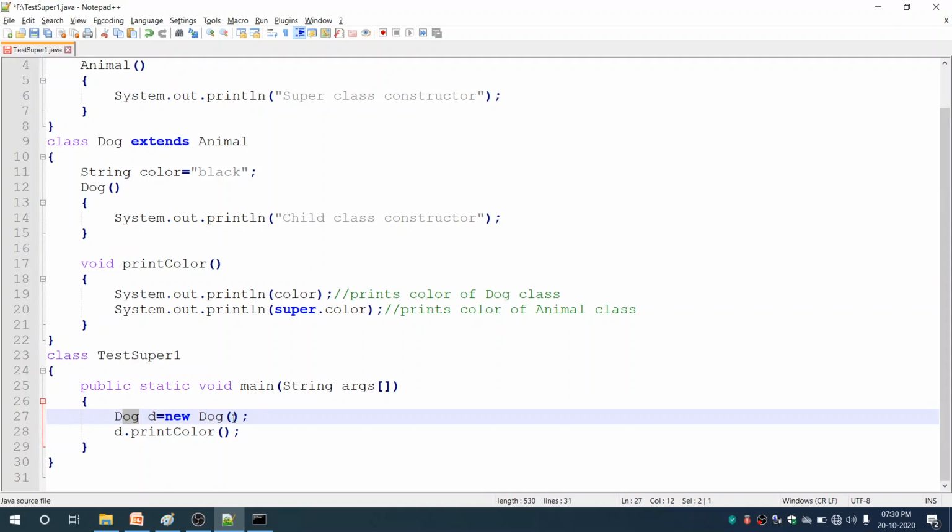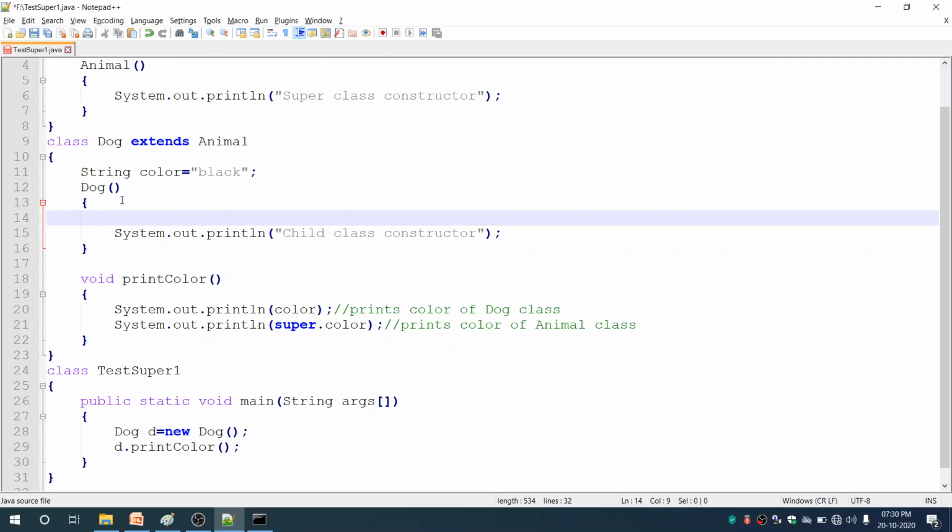So here the constructor of class Dog is called, and from this constructor we can call the constructor of Animal as well. To call the constructor of Animal, the super class, we have to add a statement, super with round brackets, and that should be the first statement in the constructor, remember.